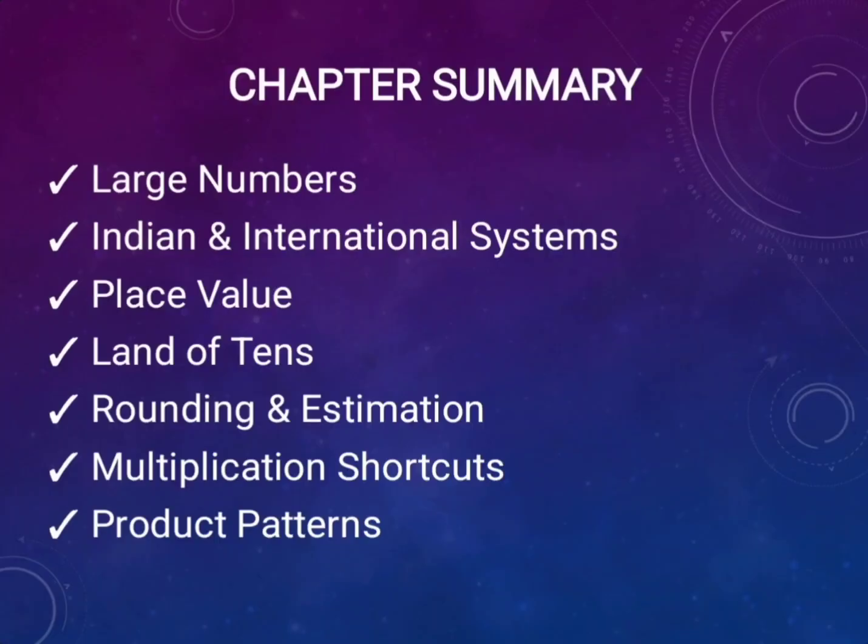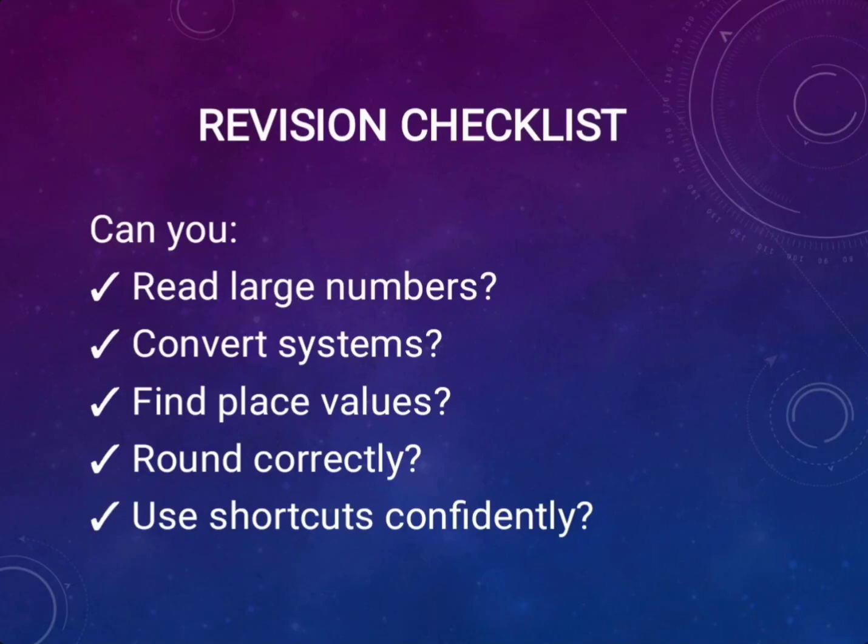So the chapter summary includes large numbers, the Indian and international or American system, place value, rounding and estimation, nearest neighbors, multiplication shortcuts, product patterns and approximated values. So the revision checklist is here. You should be able to read large numbers, convert the systems, find the place values, round up and down correctly